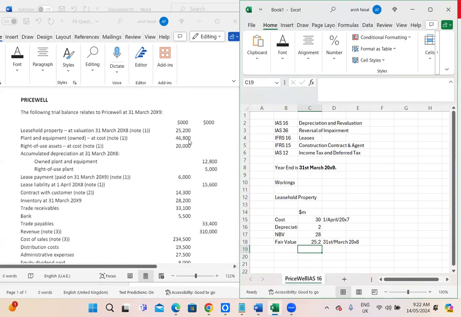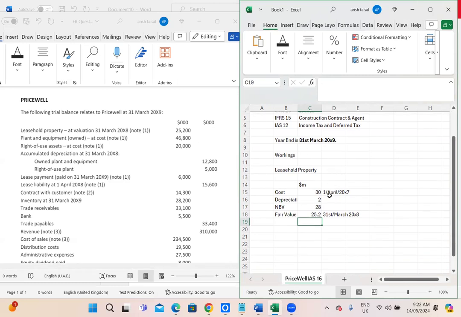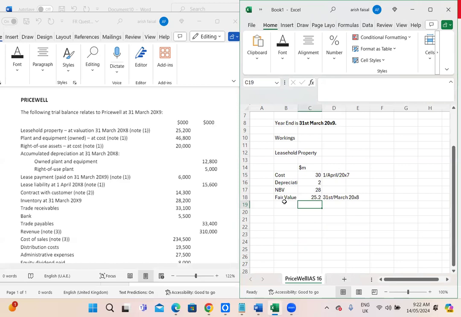Leasehold property at a valuation of 25.2. So that was the fair value last year. Okay, so 28 was the net book value, but then it had a fair value of 25.2. So this means that you had to reduce down the value and there was an impairment charge. So there has been an impairment on the asset,